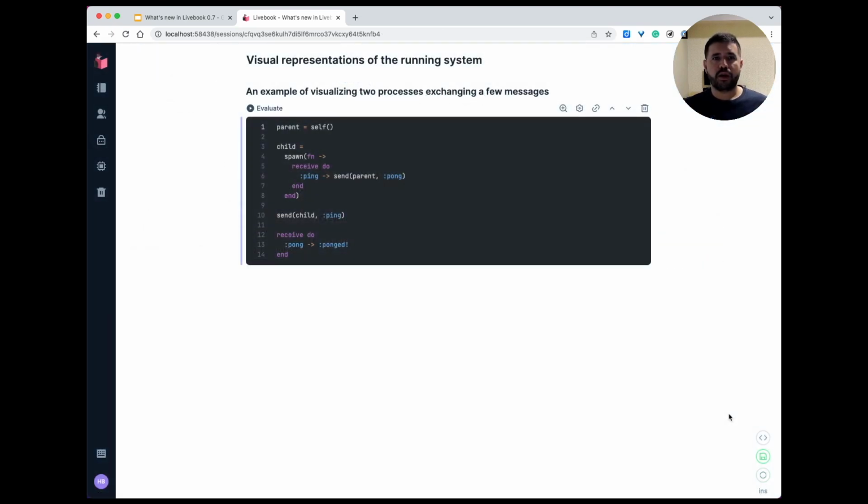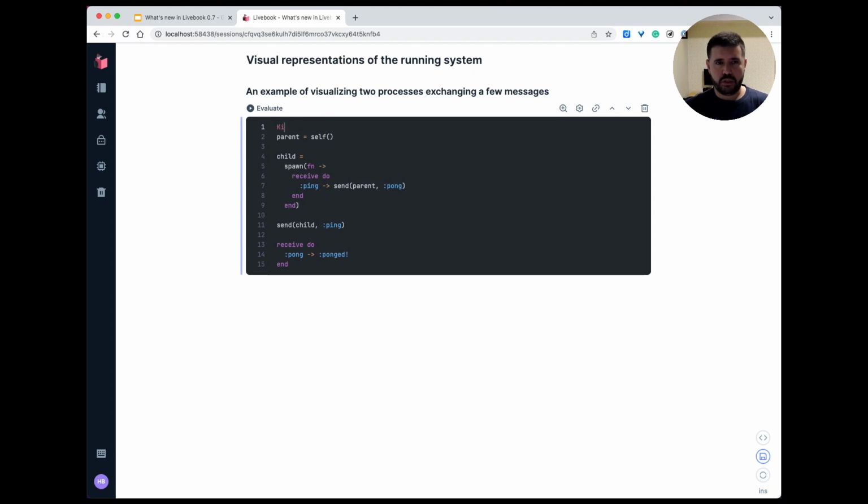Now let's talk about that other feature, visual representations of the running system. Let's say you're learning about message passing in Elixir, and you're reading that code of two processes sending message to each other. You're trying to reason about the code and to understand exactly how it's working. You can use Livebook to render a visual representation of processes sending message to each other. You can do that by using that function called Kino.Process.render_seq_trace,